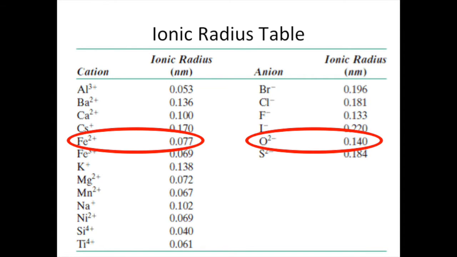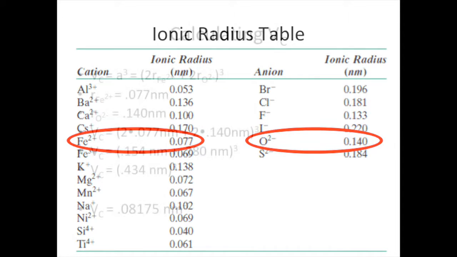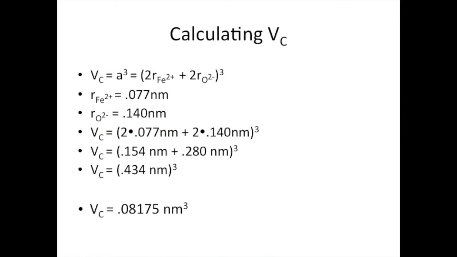Using the values given for Fe2 plus and O2 minus, we can calculate what A equals, and then subsequently what V sub C equals. The radius of the iron cation is 0.077 nanometers, while the radius of the oxygen anion is 0.14 nanometers. Multiply each of the radiuses by 2 and then add them together. A is 0.434 nanometers. Therefore, the unit cell volume is